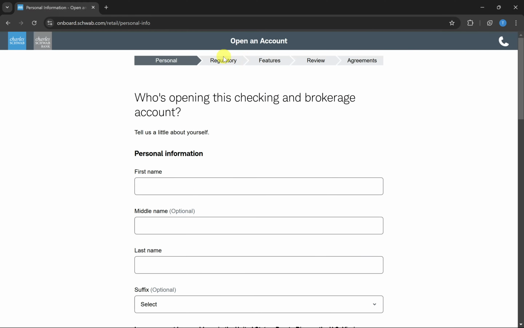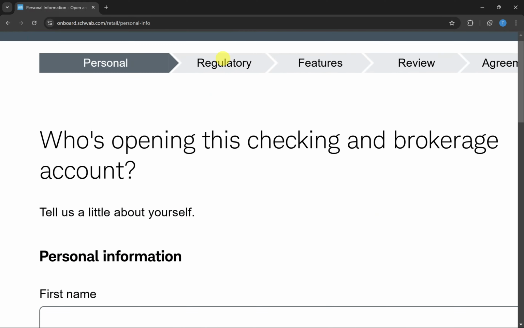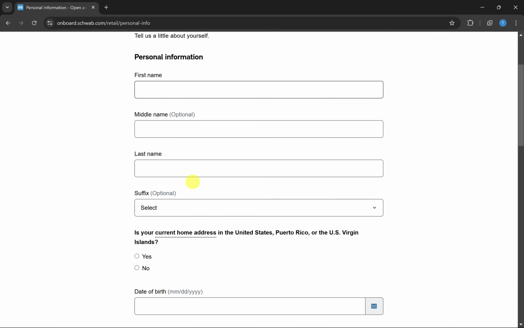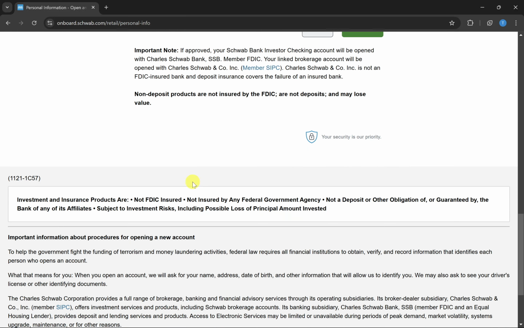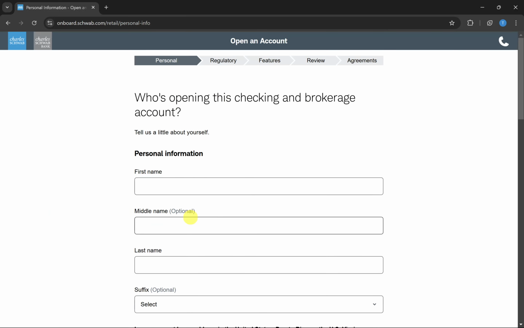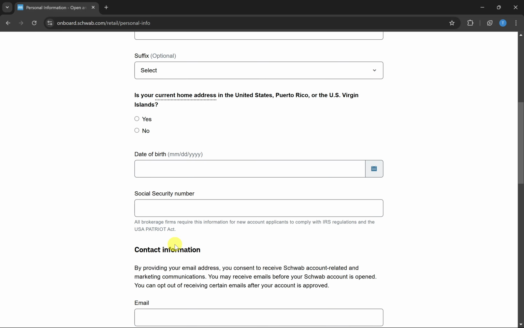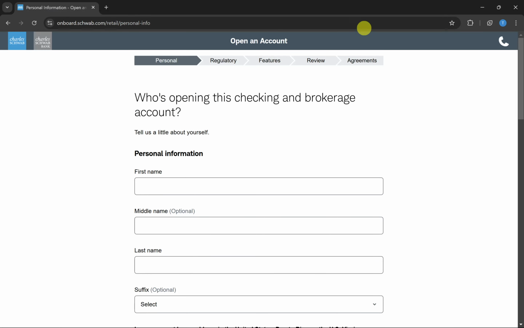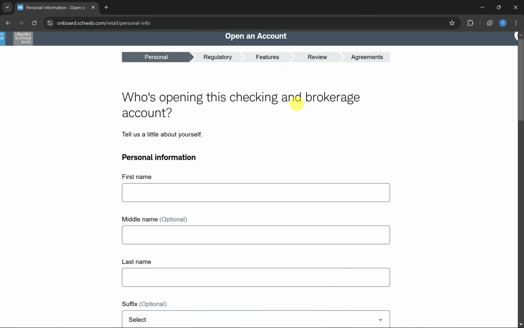Then it will ask you for your regulatory information, and under the features option you will get an option for a debit card. You just have to tick that option, and once you complete your account creation process, you will get a debit card at your entered home address, or the address that you filled in on this application form, in 2 to 3 weeks. So that is how you can get